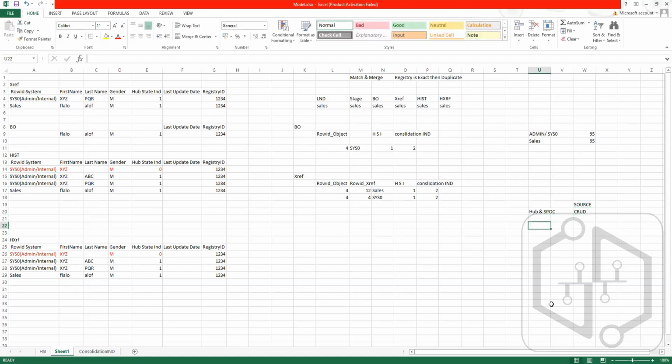Okay, then there is coexistence. Coexistence means MDM and source both are doing the CRUD operations. Then there is registry. 99.99% you will not see this in any MDM implementation. They have gone ahead and created it, but it's nowhere utilized because it is somewhat a regular